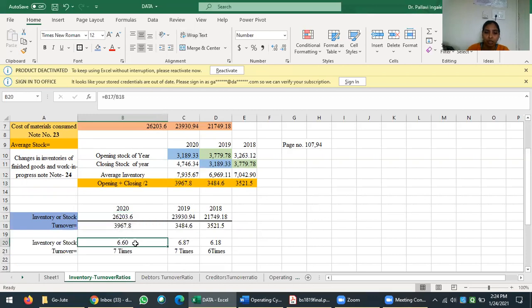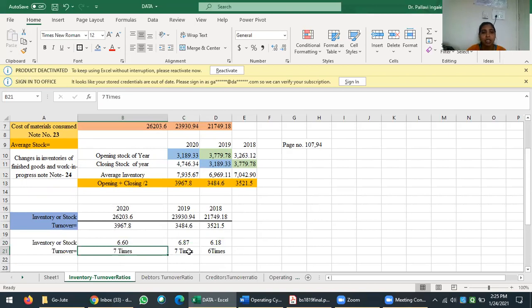So after division, I will do it in front of you, this divided by this. Done. So this is nothing but what I got: 6.60. It will come a lot, but we will take 2 digits only here. Okay. So I copied the same formula. I got this. Now what you have to do, you have to use the mathematical concept here. It is 6.6. It will be 7 times. Means inventory cycle, how many times will it rotate in this particular company? 7 times this inventory cycle will get rotated.